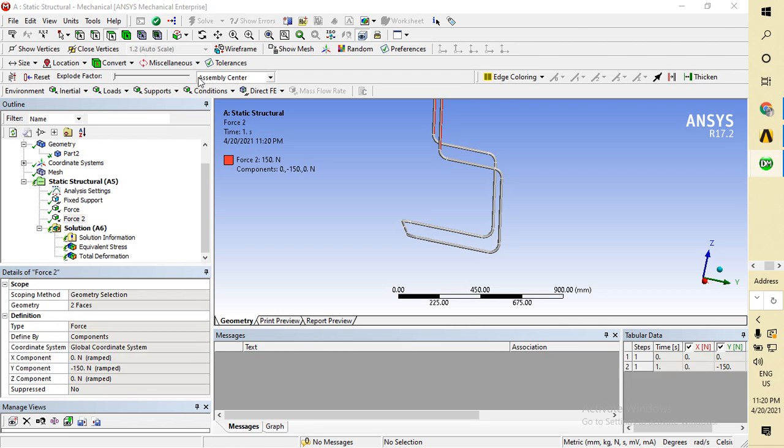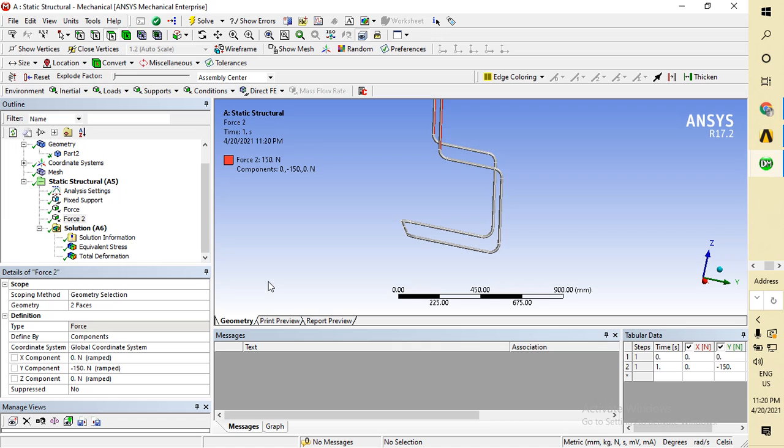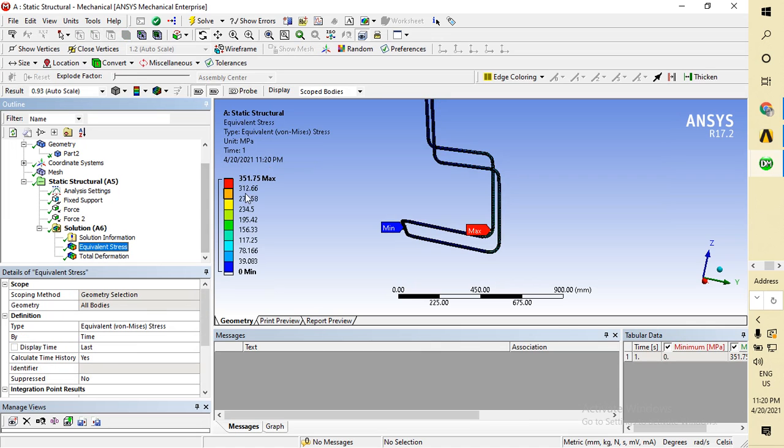Now I want to see the result, whether it will take this load or not. Okay, let me show. Now its value is again 351. It means our yield strength is 250 and the von Mises stress is 351.